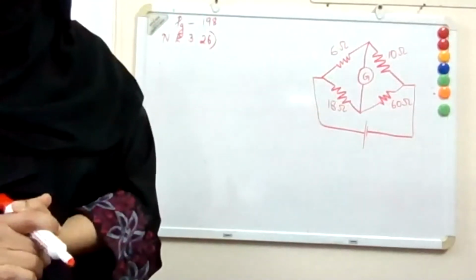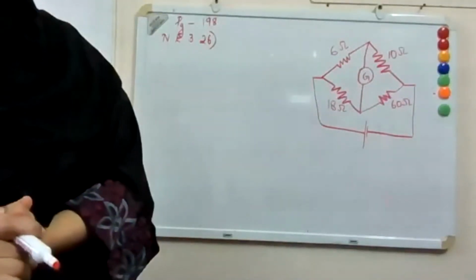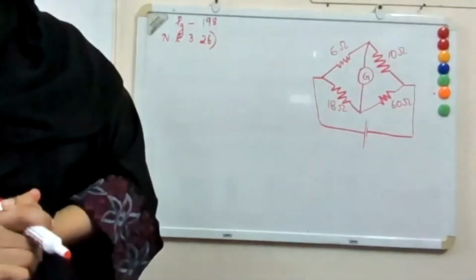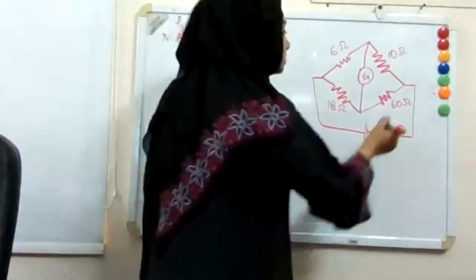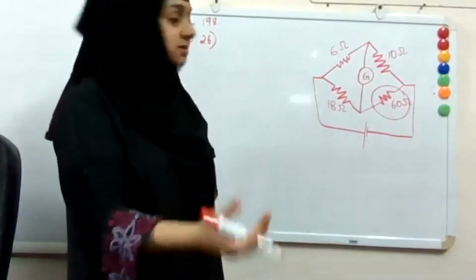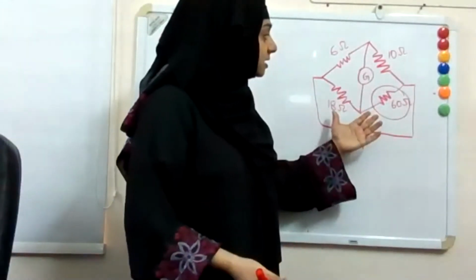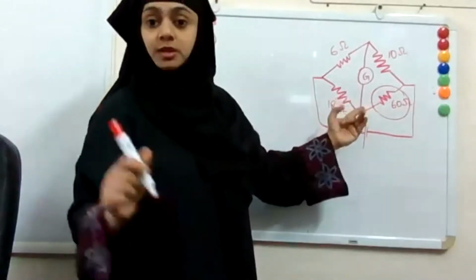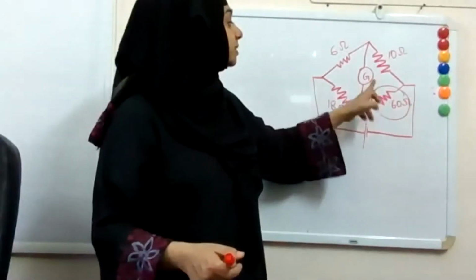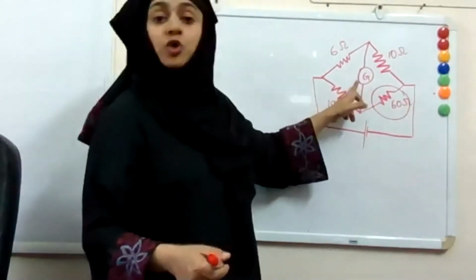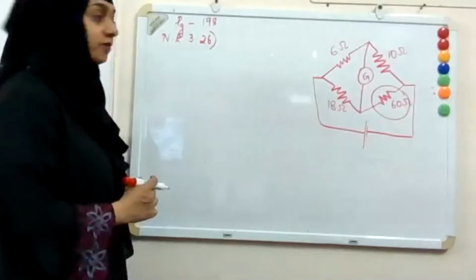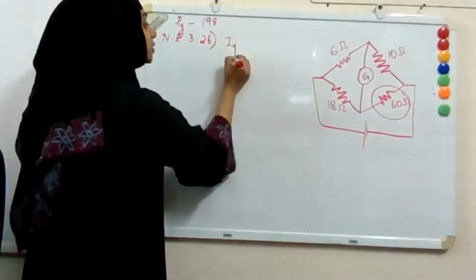Now, find what value of resistance is to be connected with the 4th arm of the bridge to bring it to equilibrium, which means to this resistance, you will have to connect another resistance. It can be connected either in series or parallel. They have asked how you should connect the resistance in order to bring this to equilibrium. At equilibrium, what will be the condition? Ig will be equal to 0.